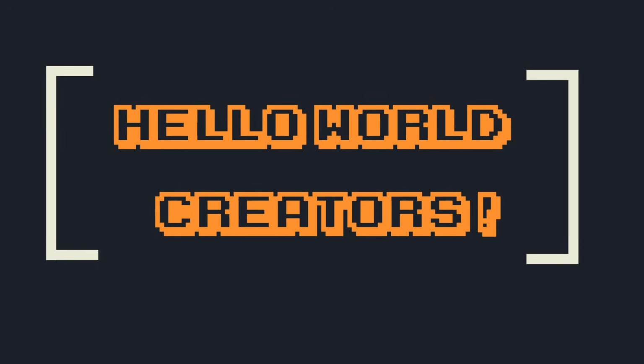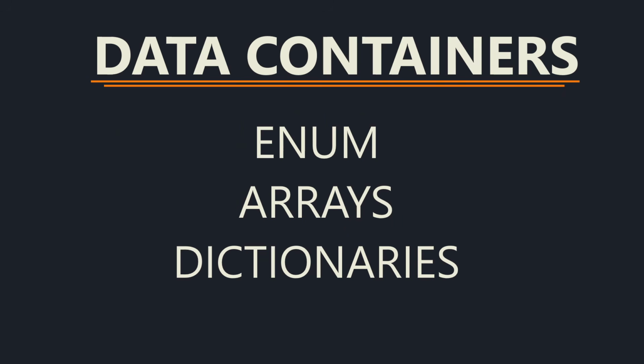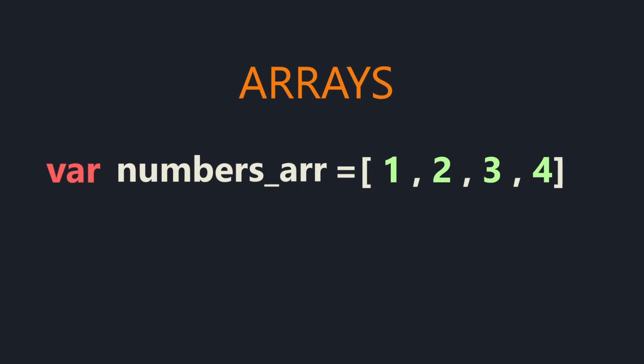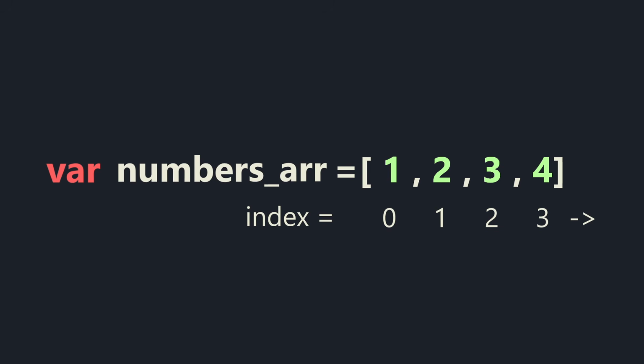Arrays are a fundamental data structure in almost every programming language and also in Godot. It is one of Godot's 3 data container types. The intended use of arrays is to store and manage ordered collections of elements. Each item is stored in a specific position, which we call index, and can be accessed or modified using that